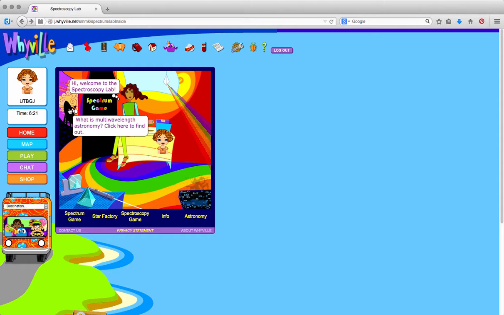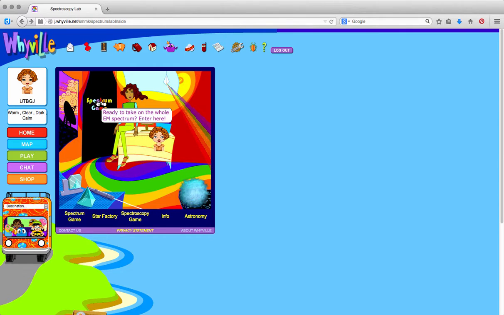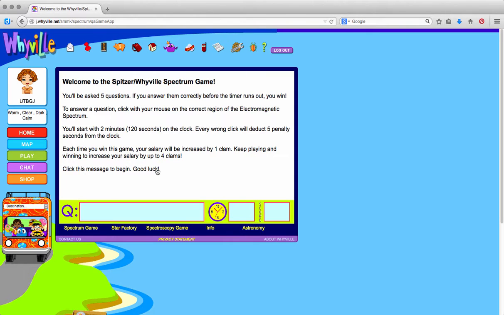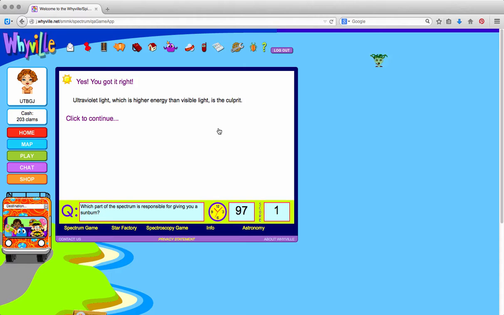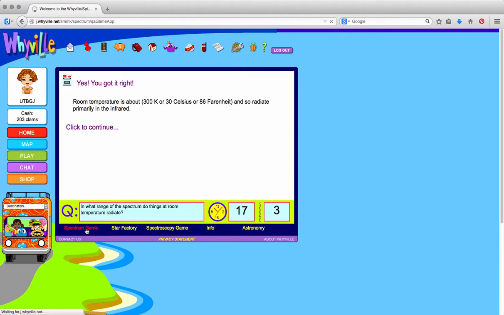Over here to the far left, I can learn about multi-wavelength astronomy. And then the one main thing that I think a lot of the kids would be enjoying most on this site is the Spectrum game. And this game gives you 5 questions and asks you to answer them. And it's going to show some different wavelengths at the top where I'm going to be expected to click and find out where things are. Alright, so I click the message. Here's all the different wavelengths that are available to me. So it wants to know which part of the spectrum is responsible for giving you a sunburn. So click on that and we can go back